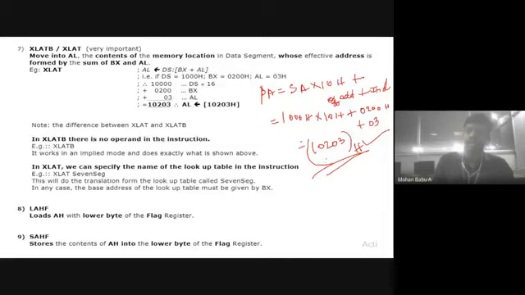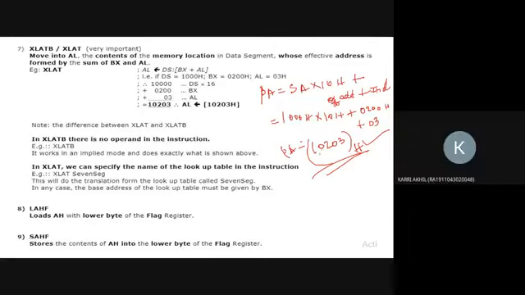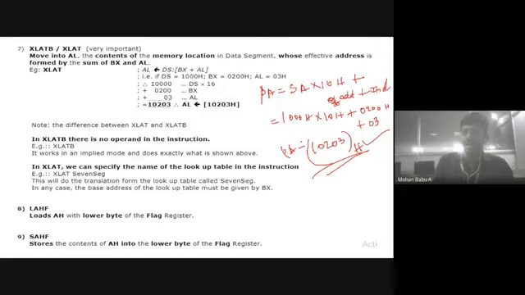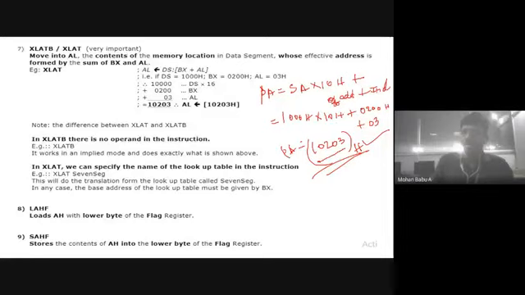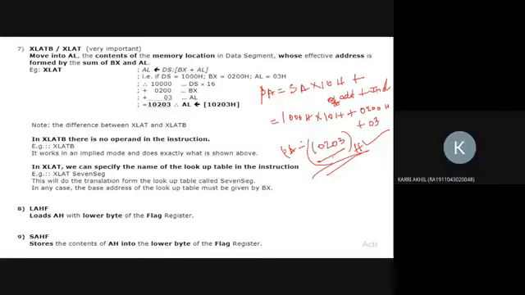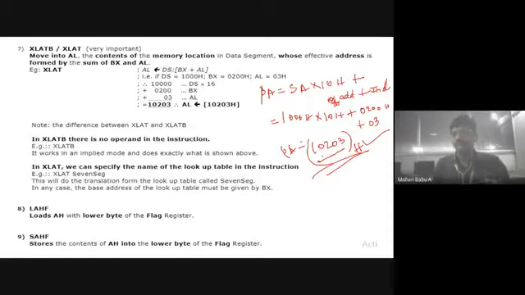How many bits does it contain? This one is the physical address. This is the formula to convert the virtual address into a 20-bit address. Physical address is of how many bits? 20 bits. Virtual address is of how many bits? 16 bits. Physical address means address locations in external memory. Virtual address means the memory which we use in the processor.